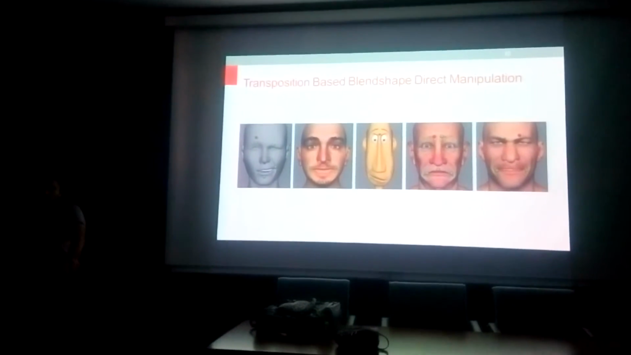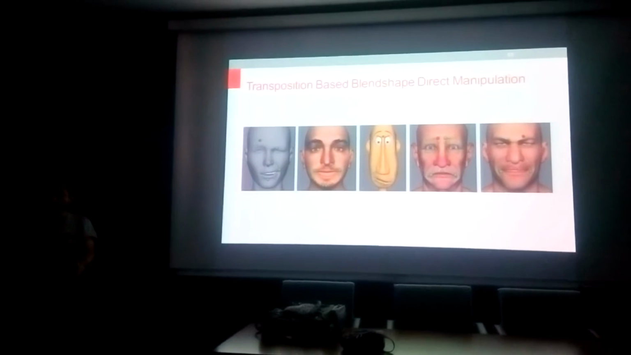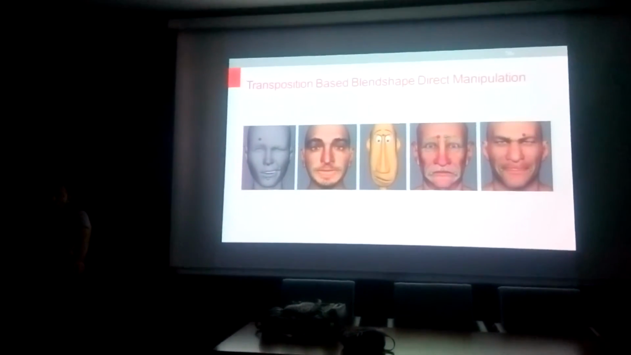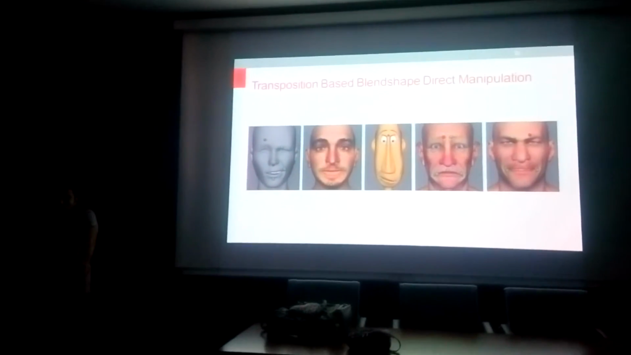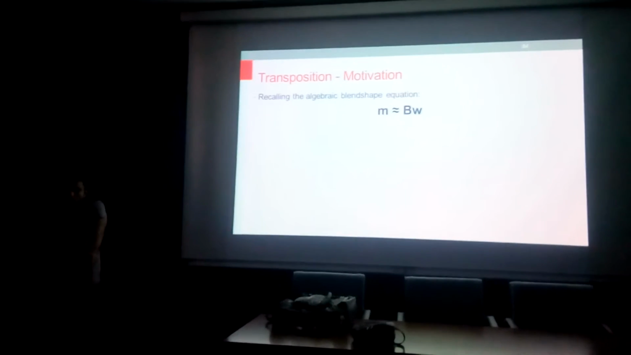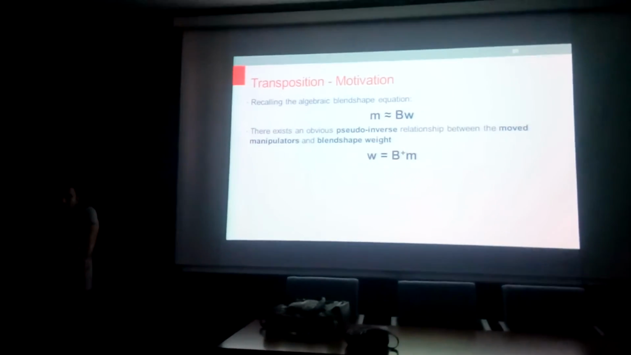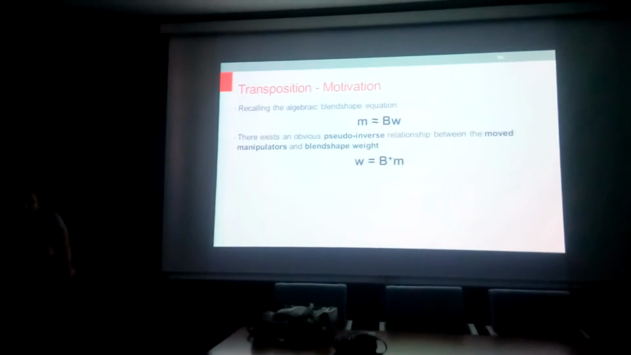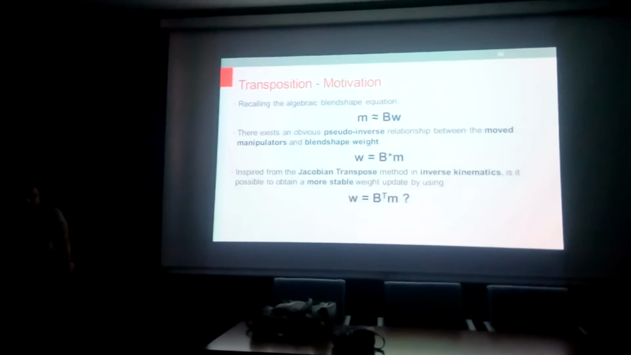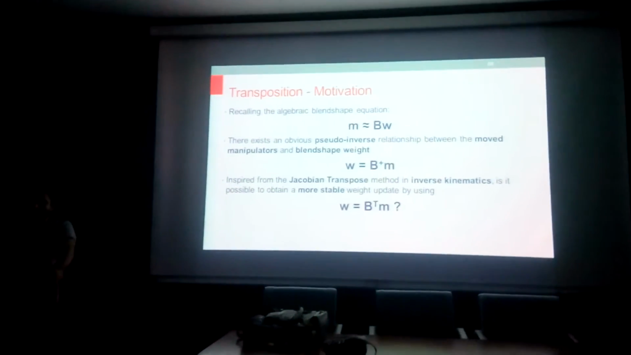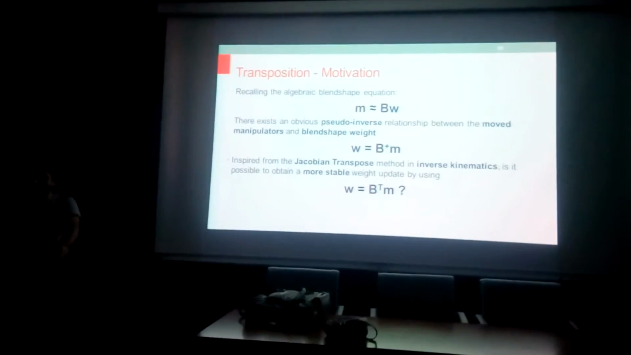After my solution on localization, Professor Veronica and JP Lewis offered me to study the Jacobian transpose, and a new research line opened. Our new chapter is about transposition-based blend shape direct manipulation. From the algebraic perspective, I already mentioned there exists a pseudo-inverse relation between the blend shape mathematical model and the moved points. Inspired by the Jacobian transpose method from inverse kinematics, is it possible to obtain a more stable weight update